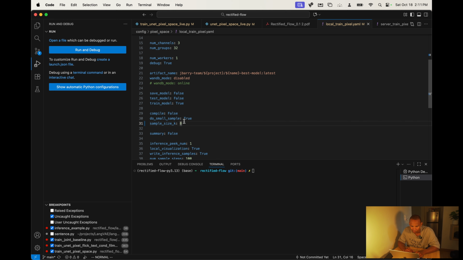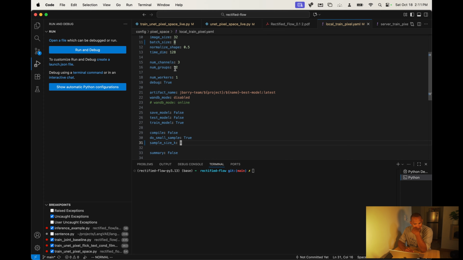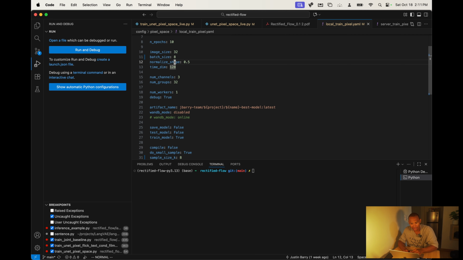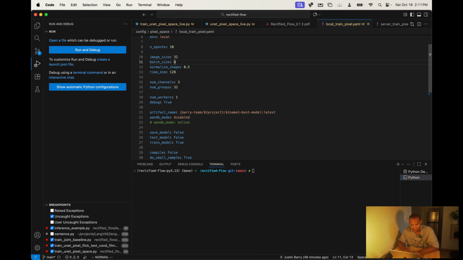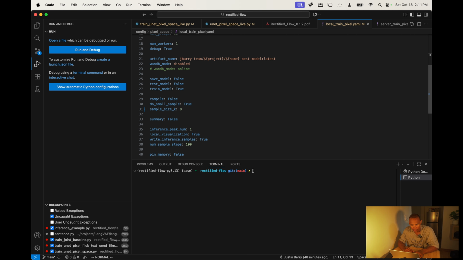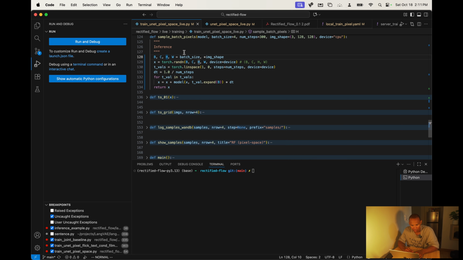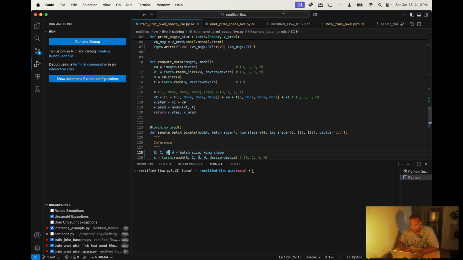Oh, well, then validation isn't going to have any. How about this? Sample size 8, batch size 4,